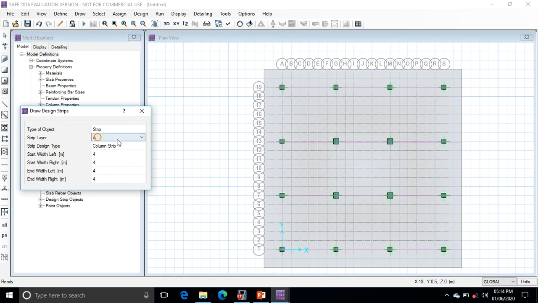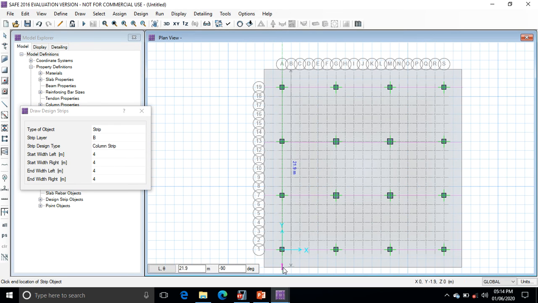Then click here, strip B, then click escape button.